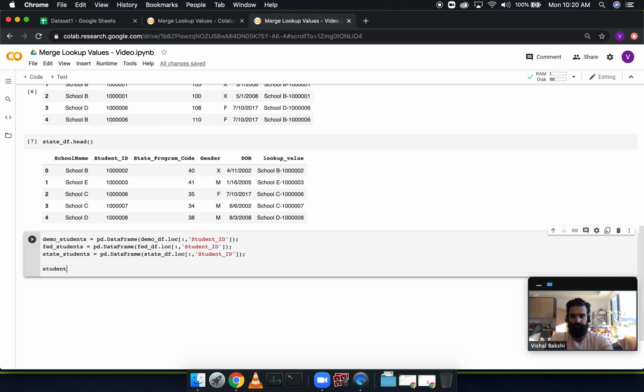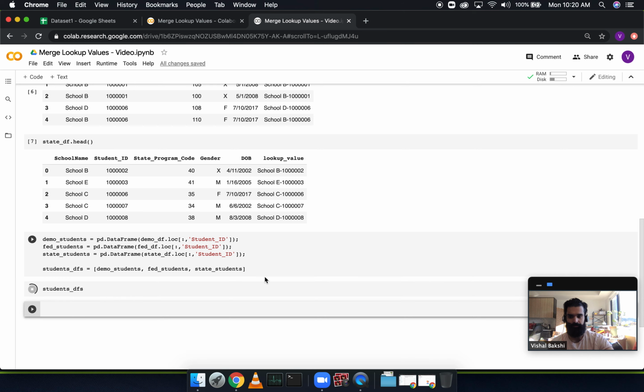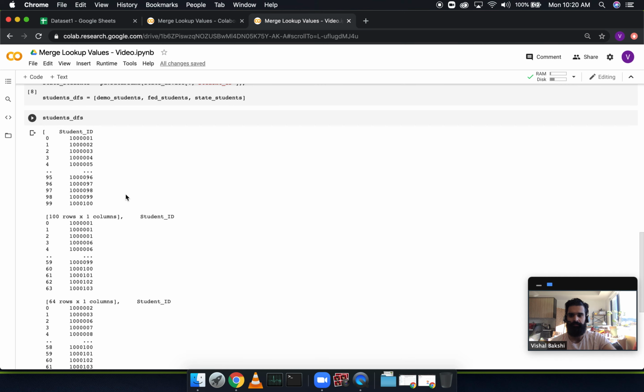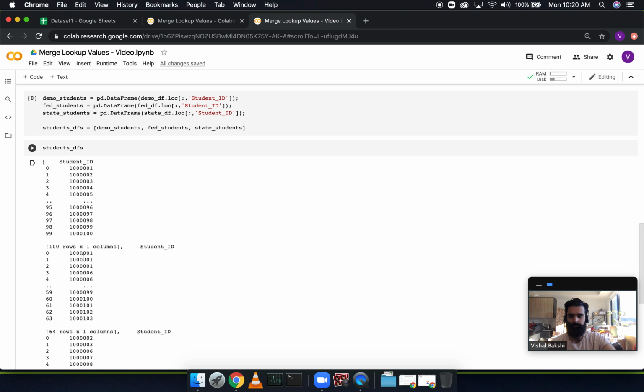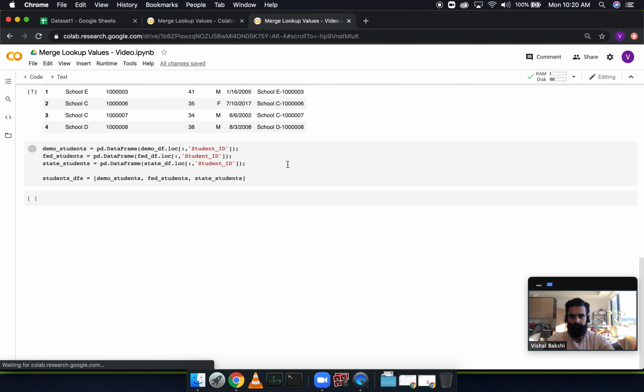And then I'm going to put them together, and I'm going to say it's called students DFs: demo students, fed students, and state students. Okay, so if I look at students DFs, it's basically just data frames with one column, being the student ID. Okay. All right, so